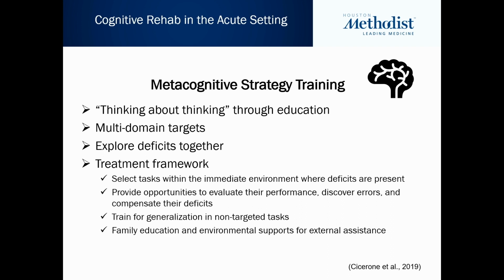So thinking of metacognitive skills, there's 2 dimensions of thought. There's metacognitive knowledge. So is the patient aware of their cognitive abilities? Are they aware of the strategies available? And are they aware when and how to use the strategies? The second dimension would be metacognitive regulation. So the patient knows there's a deficit, they know there's a breakdown, they've selected a strategy. How does that strategy help them through a task? How does that help them complete any basic living task that they want to get through? So it's kind of a vicious cycle of planning, monitoring, evaluation, and reflection.